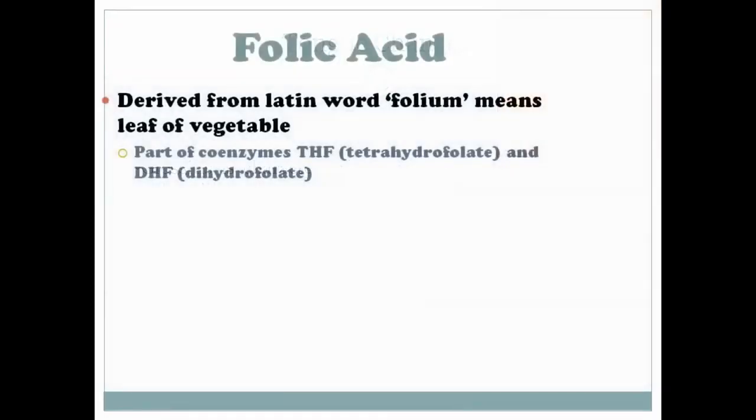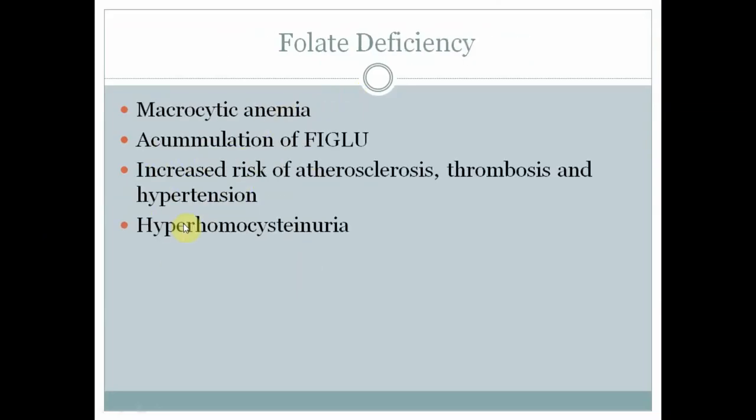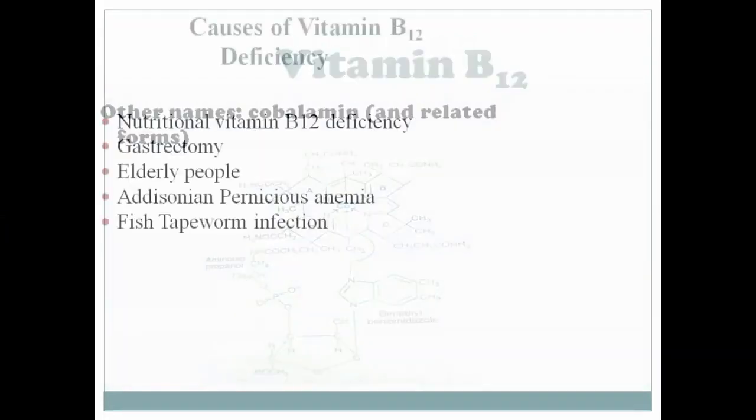Folic acid, which means leaf of vegetable. Deficiency causes a folate deficiency. There will be defective absorption, hemolytic anemia, and dietary deficiency. So folate deficiency causes these problems, that is macrocytic anemia. There will be increased risk of atherosclerosis and hyperhomocysteinemia. So vitamin B12,